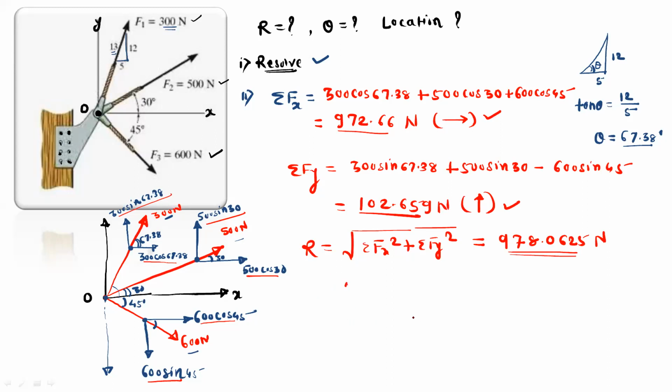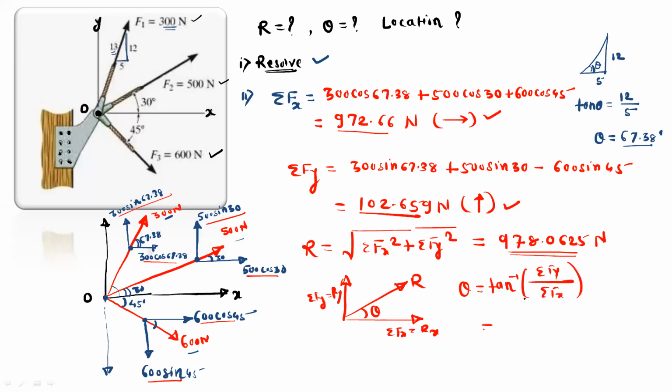So draw the first quadrant, show the resultant. This angle is theta. X component is summation Fx, that is nothing but Rx. Y component is summation Fy, which is nothing but Ry. Okay, so theta, that is the angle of resultant, it is tan inverse of summation Fy divided by summation Fx.